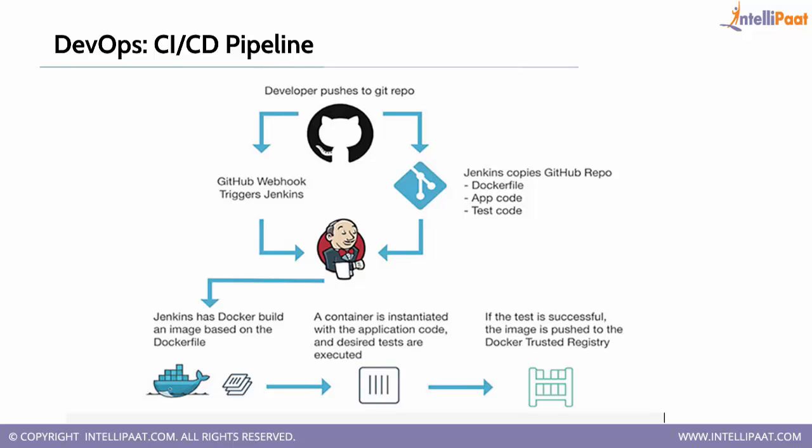Okay, so in the Git repo you have various code, and then you merge them and build them and push them into Jenkins, which takes care of the entire automation. And then once the code is built, it is deployed in an environment called Docker, and Docker builds an image with that code, and then once the image is built, it instantiates a container which will run that particular piece